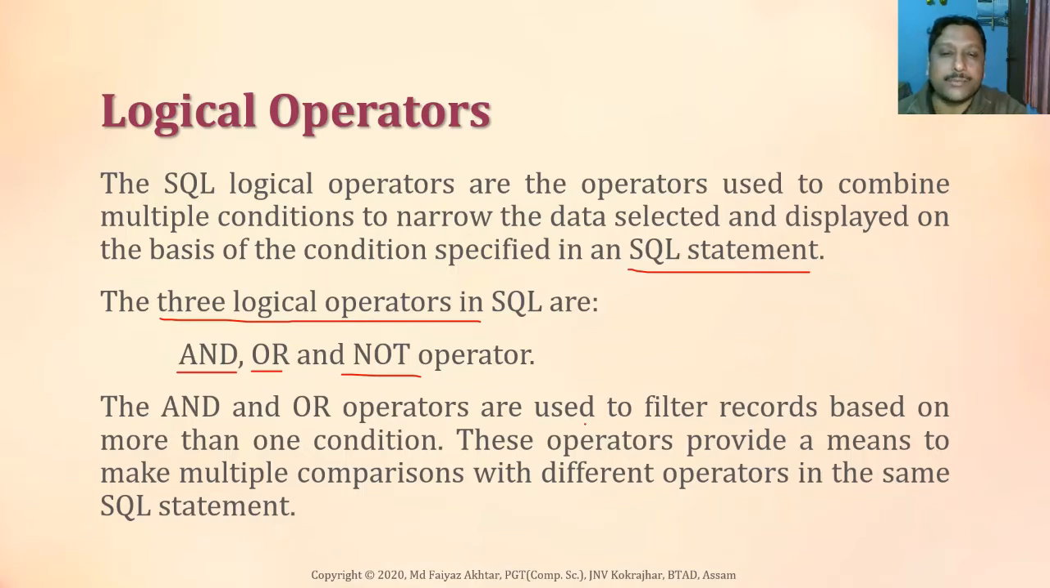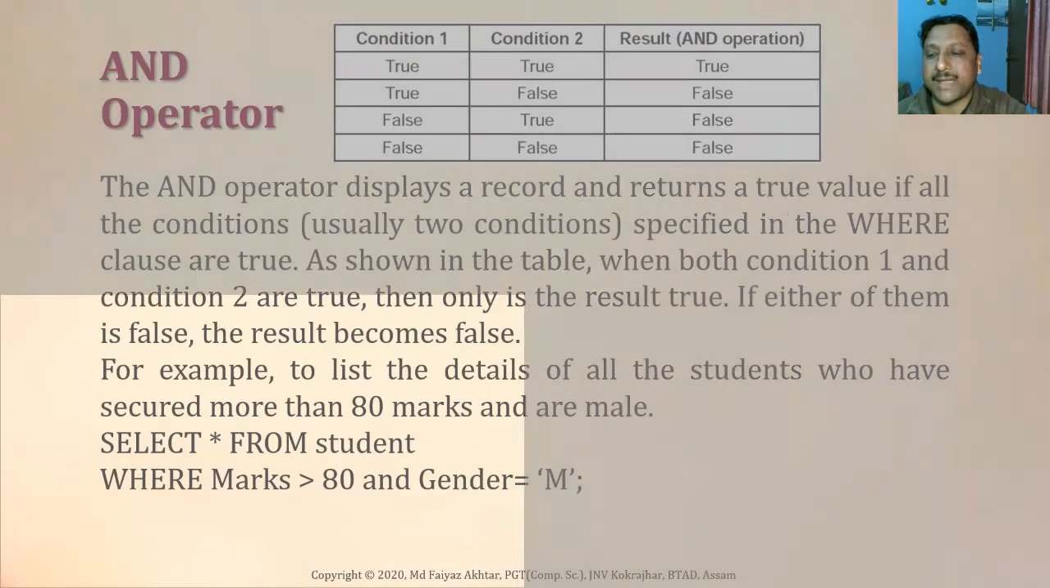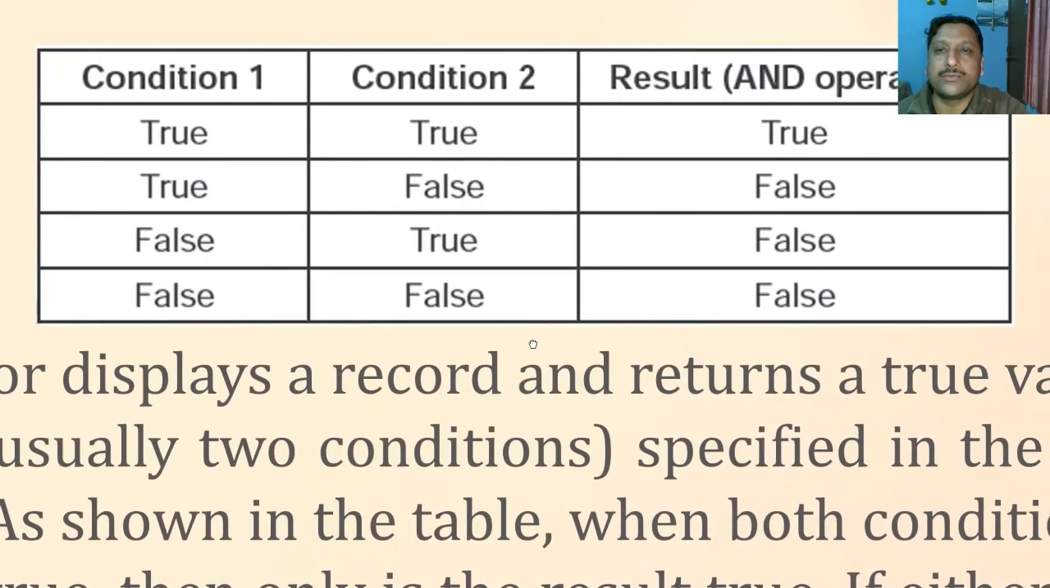The AND and OR operators filter records based on more than one condition. These operators provide a means to make multiple comparisons with different operations in the same SQL statement. Okay, multiple comparisons are needed. AND operator. AND operator, if two conditions are there,